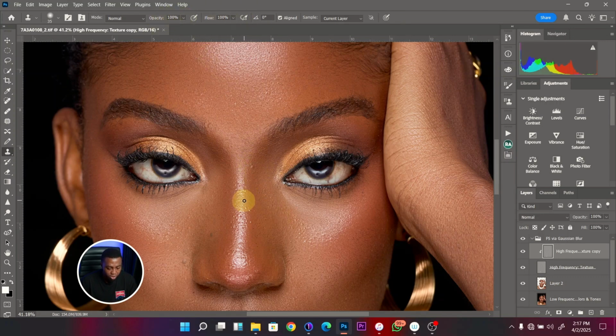And for this, the best way to go about it is to ensure the size of your clone stamp matches the blemish that you are trying to take out. So you shouldn't have a tiny blemish like this and you're having a big brush to take it out. No. How the clone stamp tool works, you have to sample somewhere that is good